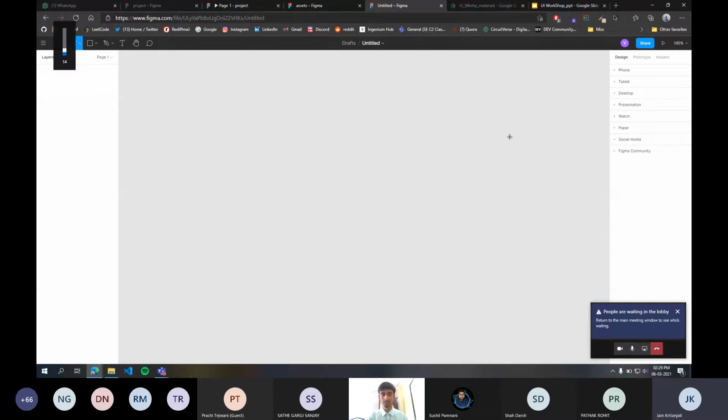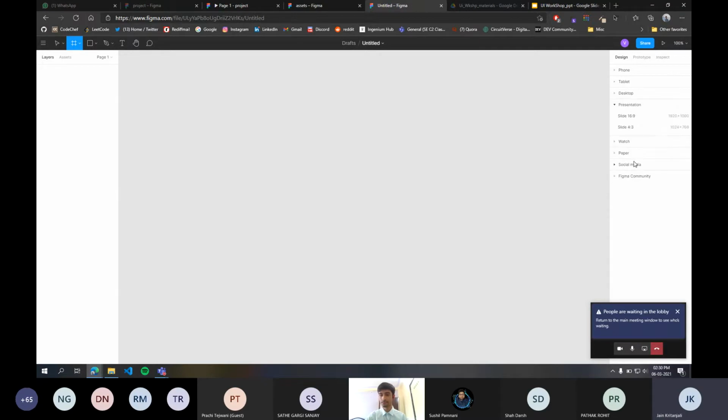Then the second tool that we have is the frame tool, and its keyboard shortcut is F. As soon as you click on the frame tool, you can see that in the design tab there is a list of templates of the most popular devices of today's times available. In phone, we have different iPhone screens, Google Pixel, Androids, etc. In tablets, we have iPads and Surface Pros, etc. In the desktop, we have it for our MacBook, or the other normal desktop screens.